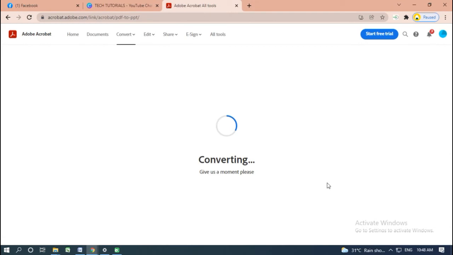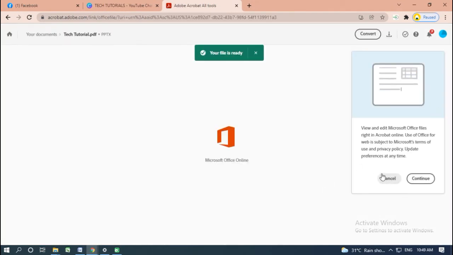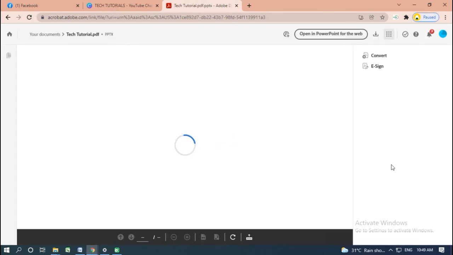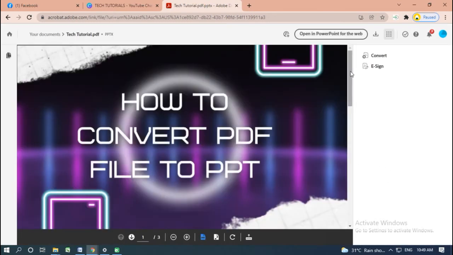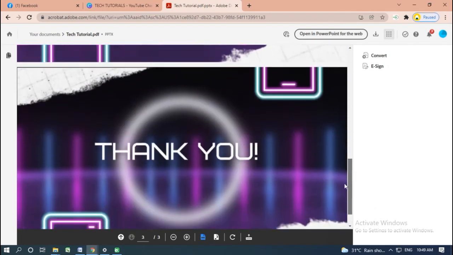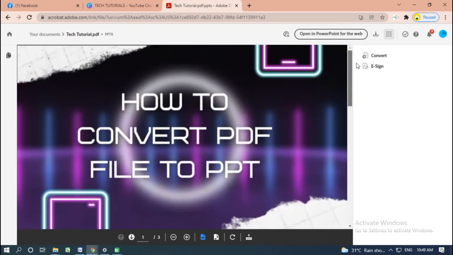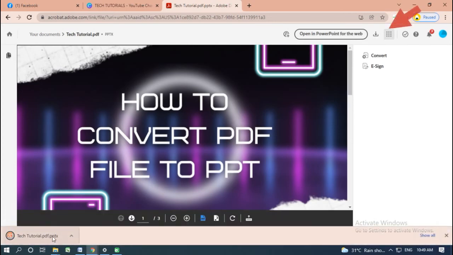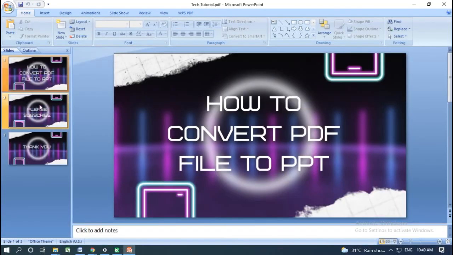Wait for it while your file is being converted. Finally, our converted file is ready for download. So, let's download it and check the final result. Our file is now converted